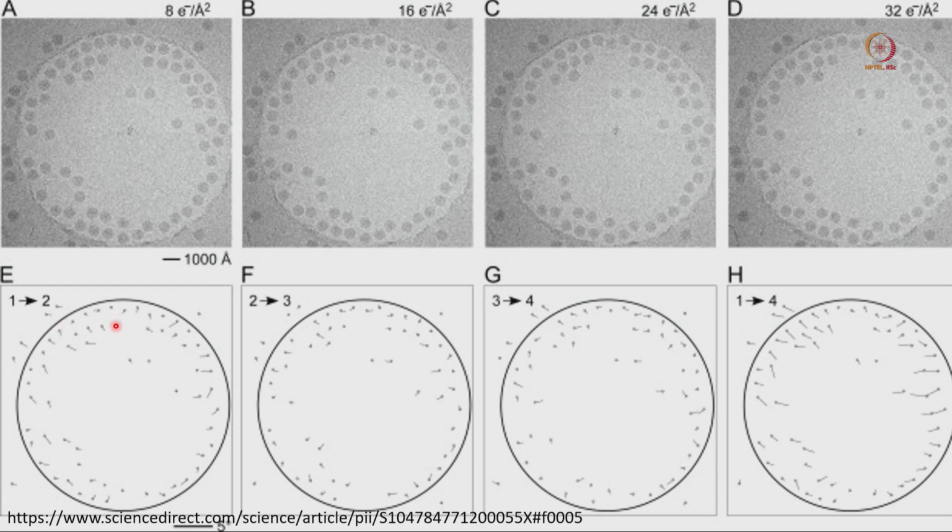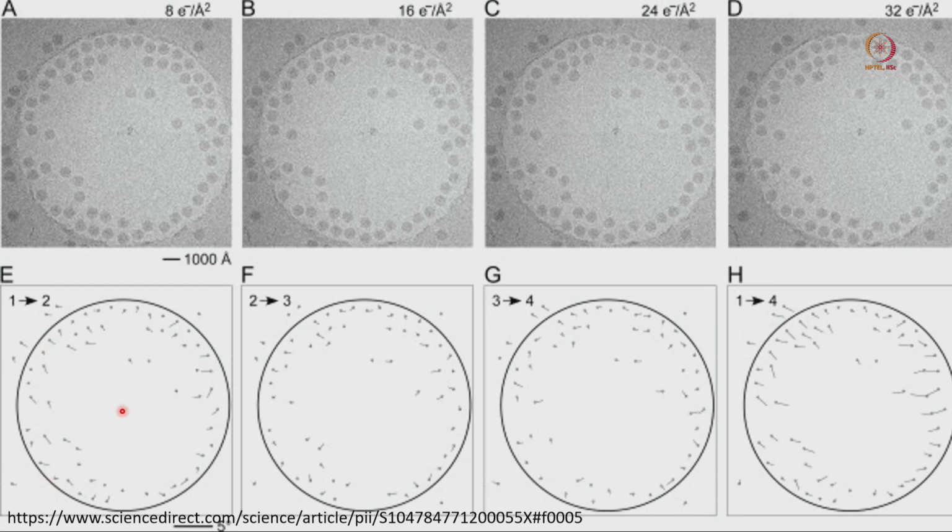So, we are constantly telling that when the electron beam has a lot of energy, it will interact with the protein sample and the protein will start spreading in different directions. That is what we can observe here. We can see that some of the particles have almost zero motion. If you consider this particle, or this particular particle, there is no motion, but some particles have a huge movement. Some particles have very limited motion.